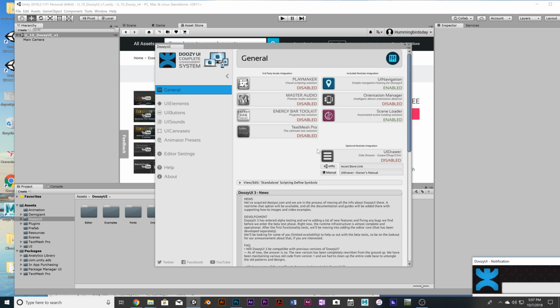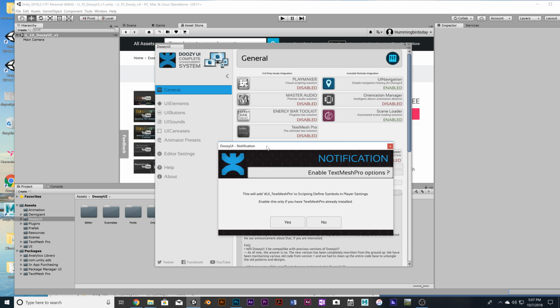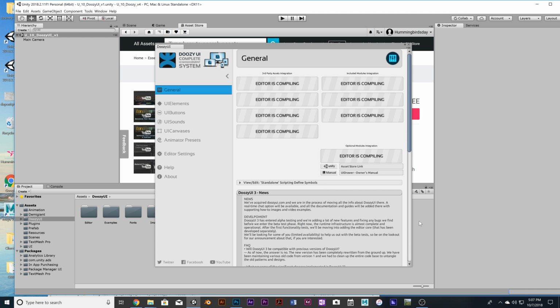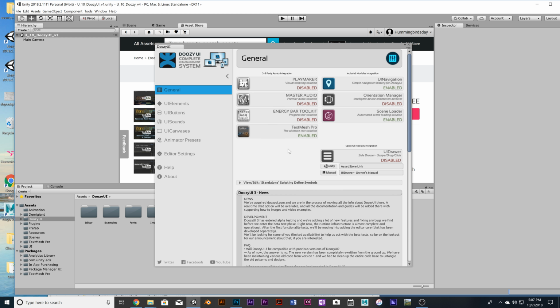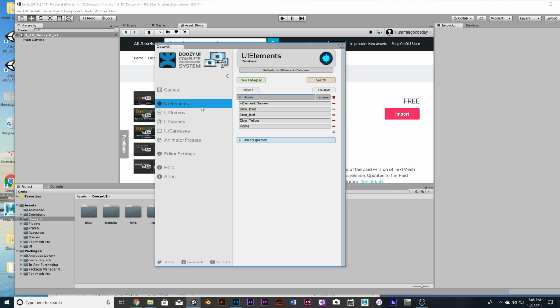TextMeshPro. So basically everything will be disabled like this, TextMeshPro by default, but you need to go here and enable. Once you import TextMeshPro, make sure the text looks crispy and nice. So great, we enabled it. Okay, so we go here and we can see by default there are a lot of